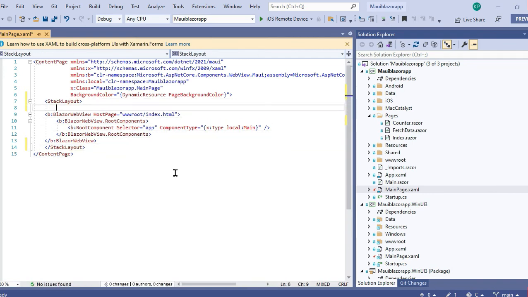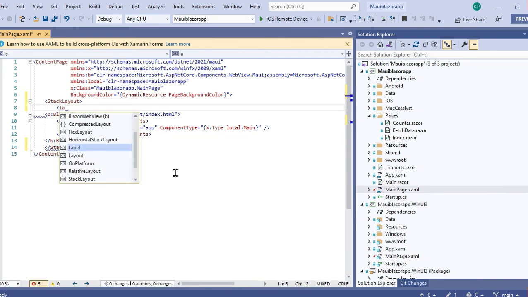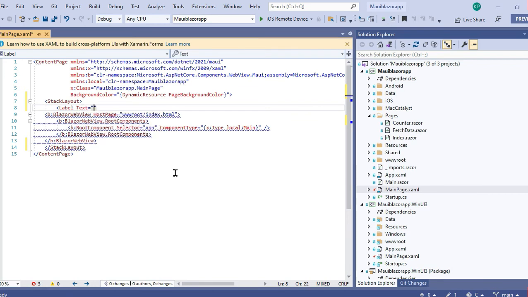And just put on the label. Text: this is Xamarin layout. Okay, now I will deploy